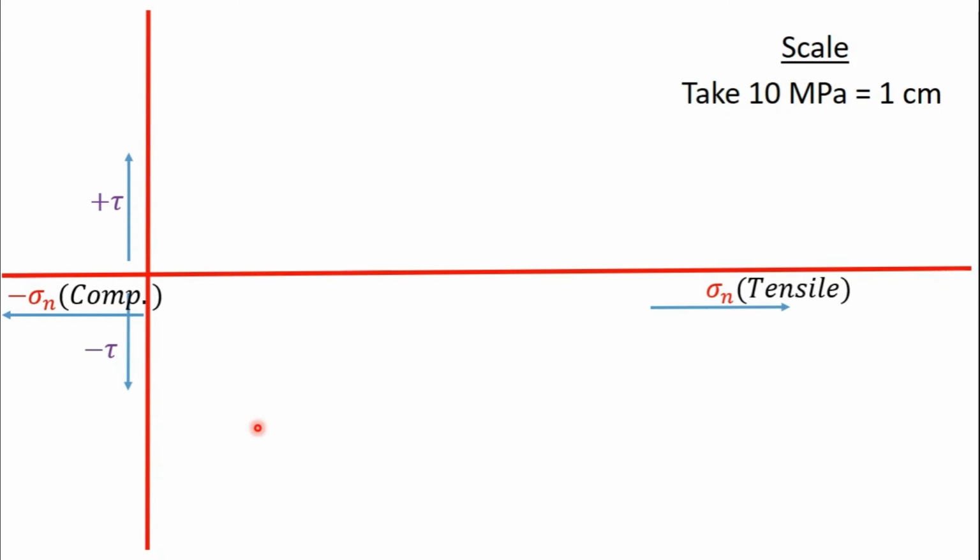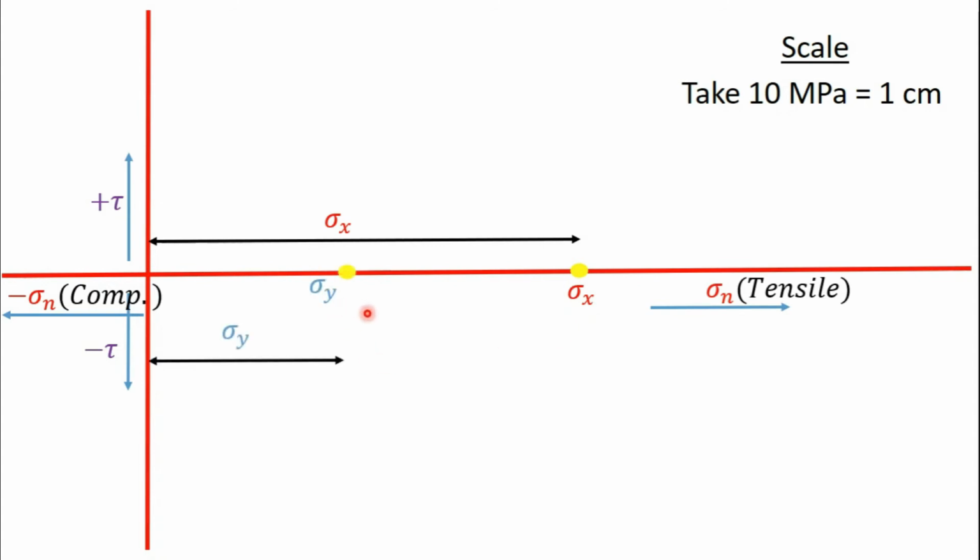Now first of all, take a cut of sigma x using this scale. If the value of sigma x has to be converted into centimeters with the help of this scale, take a cut of sigma x at this point. Similarly, take a cut of sigma y at this point. Now we all know that the shear stress at sigma x is positive and the shear stress at sigma y is negative. So we will draw a line parallel to the y-axis for shear as per the sign convention, like this.